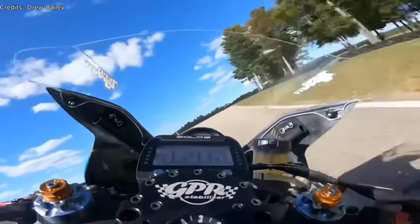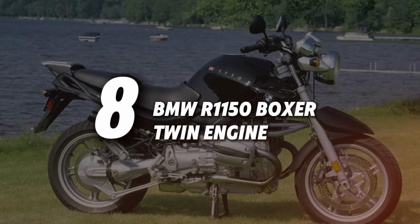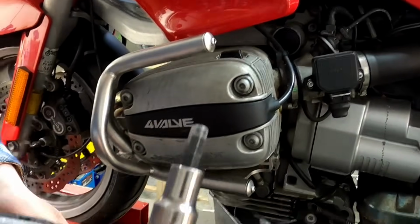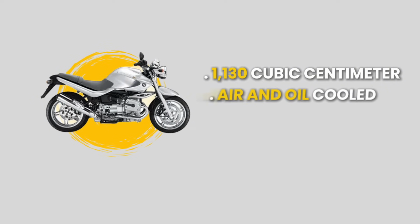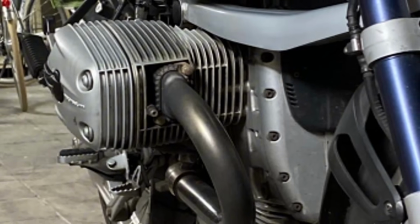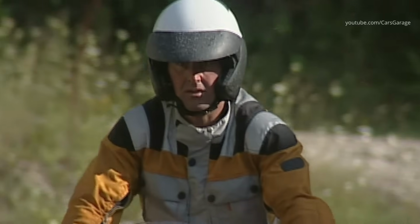And now for the engine that toured 6 continents. 8. BMW R1150 Boxer Twin Engine. The BMW R1150's engine is a 1,130 cubic centimeter flat twin boxer, an air and oil-cooled masterpiece that powered bikes like the R1150GS and R1150RT. Launched in the early 2000s, this engine was built for serious riders, long-distance tourers, police departments, and